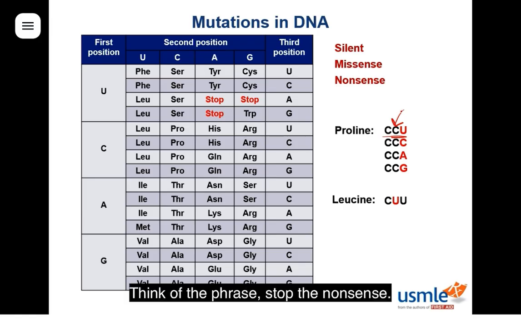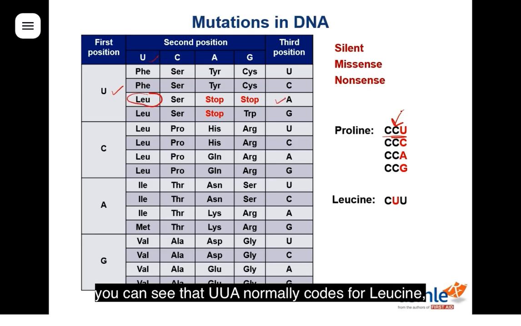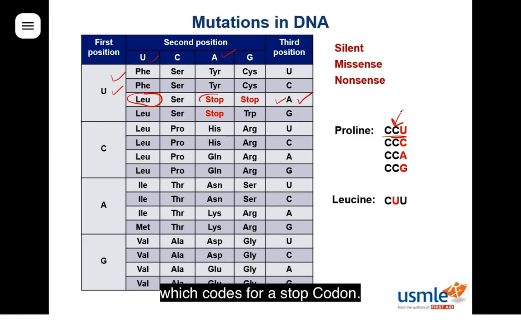Think of the phrase, stop the nonsense. And honestly, I say it in my mind every time during my Step 1 exam. If we take another look at our codon table, you can see that UUA normally codes for leucine. But if that middle nucleotide is mutated and becomes an A, then we have UAA, which codes for a stop